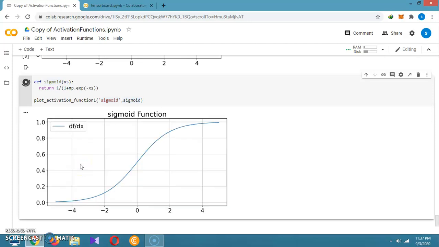You will get this output like this one. So this is the sigmoidal function, and it is basically used for binary classification. Then after that we will cover the practical hands-on session for the MNIST dataset for classification purposes.